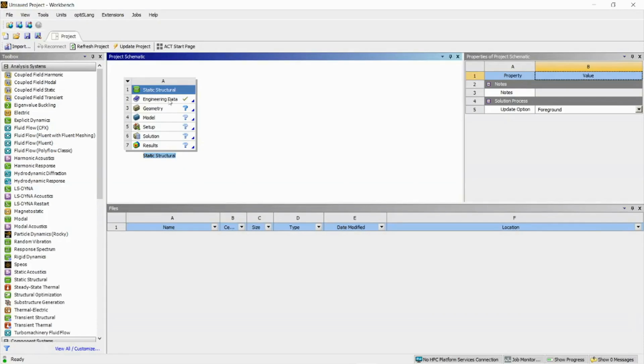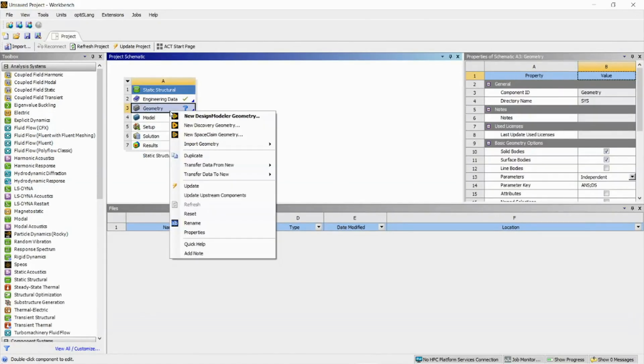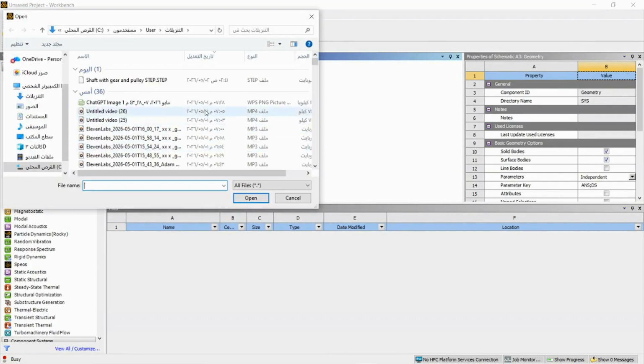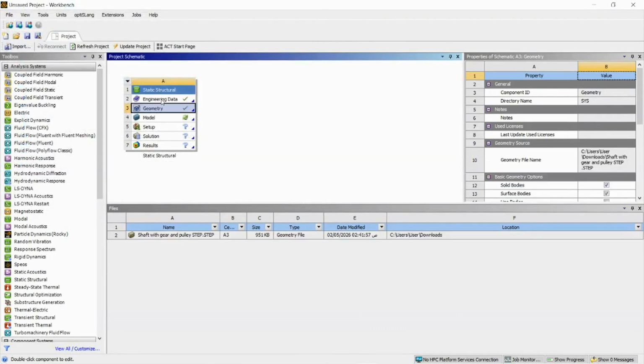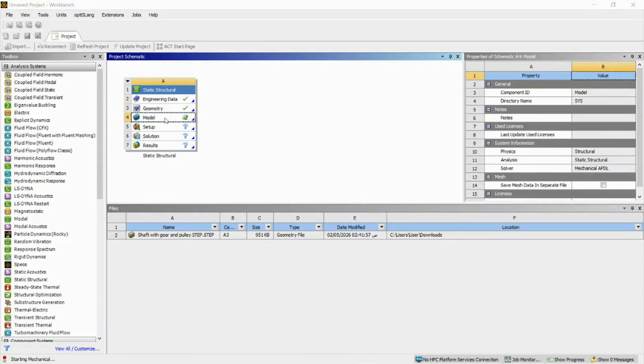I'm not going to change the material. So right click on geometry, go to import geometry and choose this geometry. The download link for the geometry is given in the description.